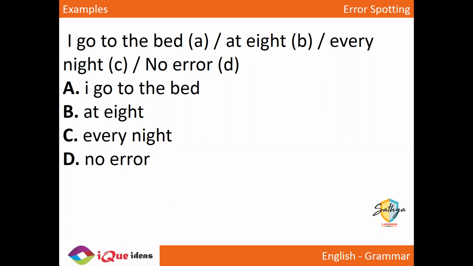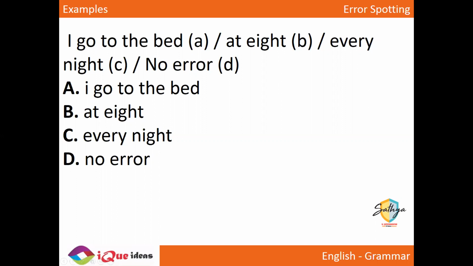Chalo. So this is an error of the idiomatic usage. When you say go to the bed, you actually mean to say I go to sleep, right? And the idiom does not use the article the, because here it is not referring to the actual piece of furniture where you're sleeping. In reality, it is only referring to the act of going to sleep. So you say you go to bed, you don't go to the bed.